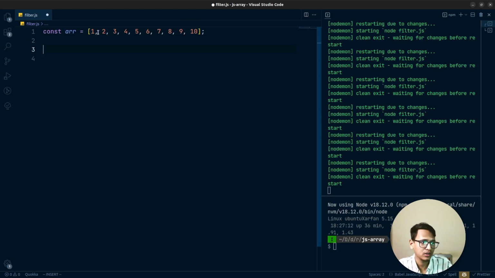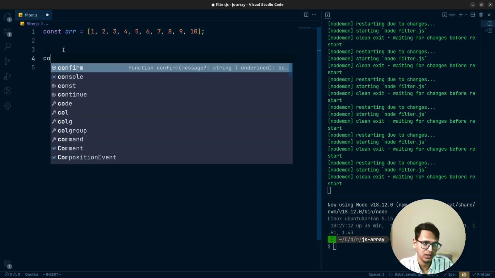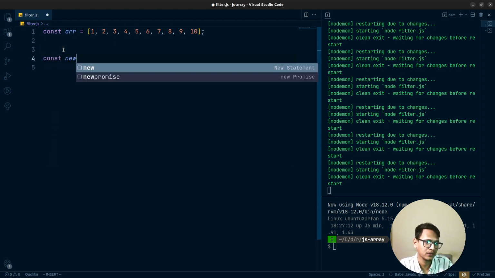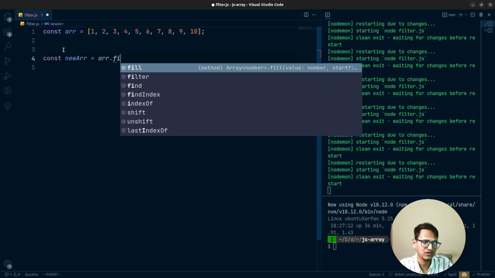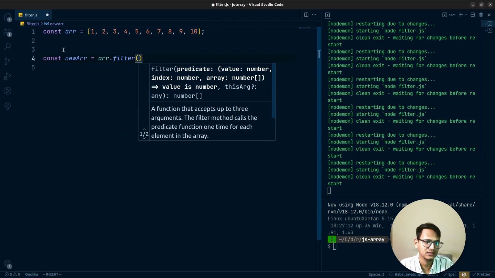And also one more thing, whenever you filter any kind of array, it will not change the original array. The original array will always be the same. What it will do is return a new array after the filter. So we need to create a constant for the new array. So, const newArray, we will filter our array, array.filter,